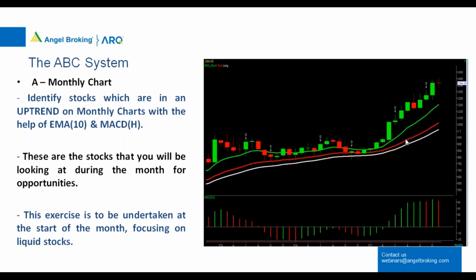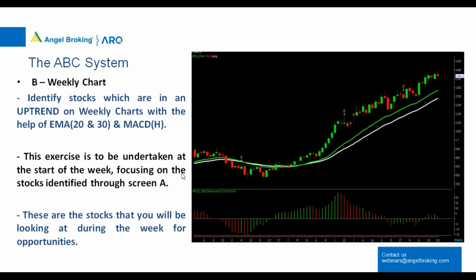There have to be a large number of participants in that particular stock. Then technical analysis works best, because that allows the stock to trade properly, and technical signals are also better in such stocks. So the first screen is your monthly screen, wherein your monthly chart, you see in Hindustan Unilever, here